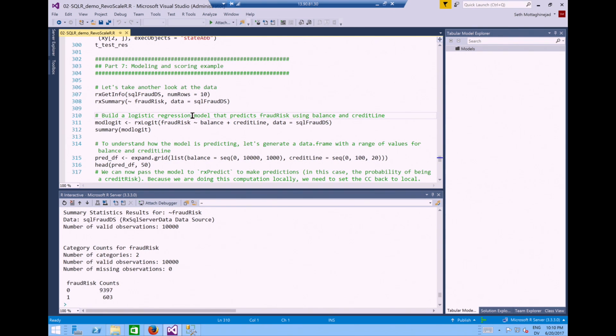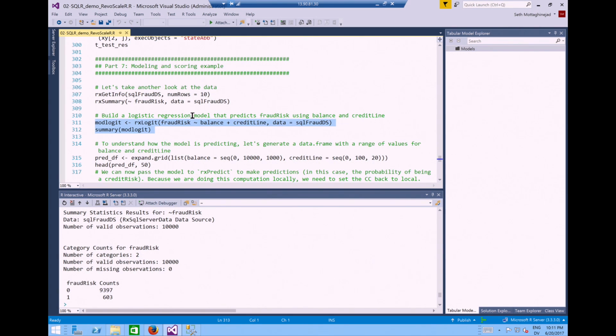And the model we're going to build is one that we built in the last talk using the Azure ML interface. Now we're going to build it using the R programming language and the R Server library, which can run these models on data in SQL. So the function is rxlogit. It's a logistic regression model. It's going to do classification because we want to know if it's fraud or not fraud.